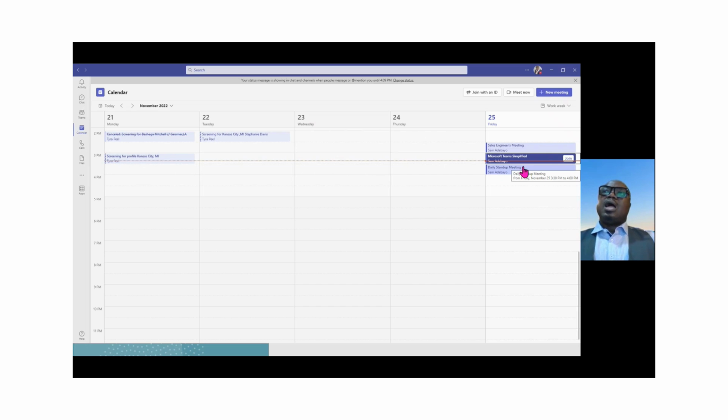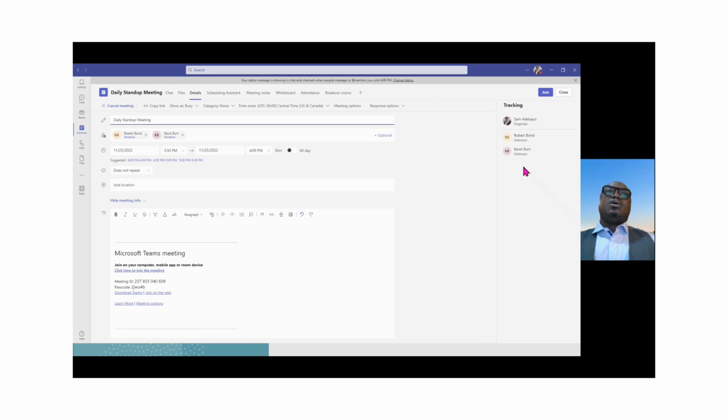And to join that meeting, if you click on it like that, you can join this meeting. You have the link to join the meeting here. You can click on this join tab here as well, and you'll be able to join the meeting. And that is how to join the meeting. I'm not going to join this meeting right now because we already have a meeting going on. But at the end of this presentation, I'm going to quickly come back and show us what happened post meeting. After the meeting, what we are going to see on our screen, we are going to be able to demonstrate that as well.